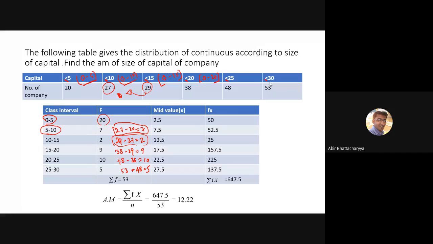If we take 0 to 10 as in the last question, everything will start from 0, right? Then if you calculate the midpoint, it will not be as per our regulations, right, Ibrahim? So we need the midpoint in a different interval. We need the class in a different segment. 0 to 5, 5 to 10, there is no intersection. But if I take 0 to 5 and 0 to 10, there is some intersection in between, and that is not possible in our case. That's why. Okay, hope it's clear.